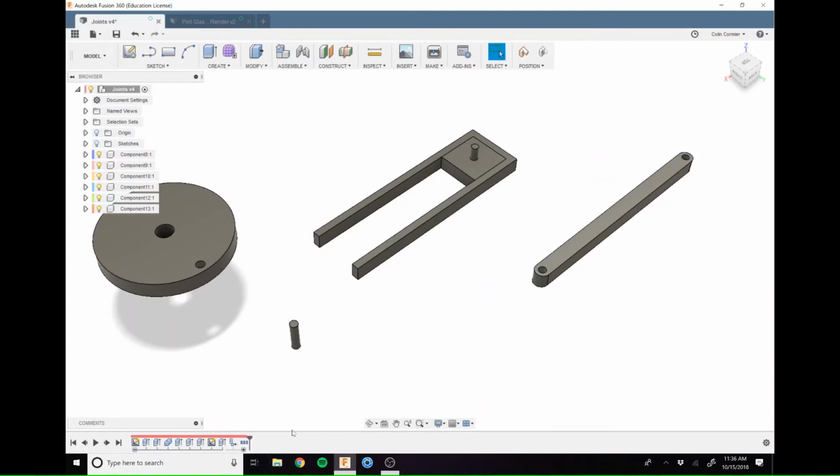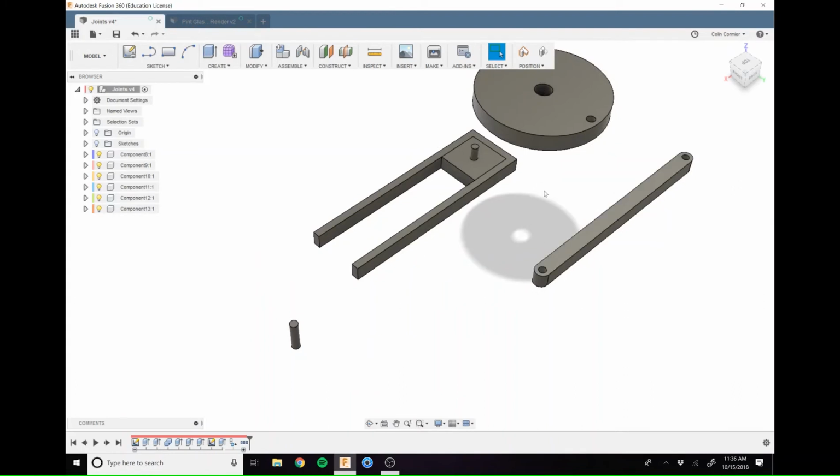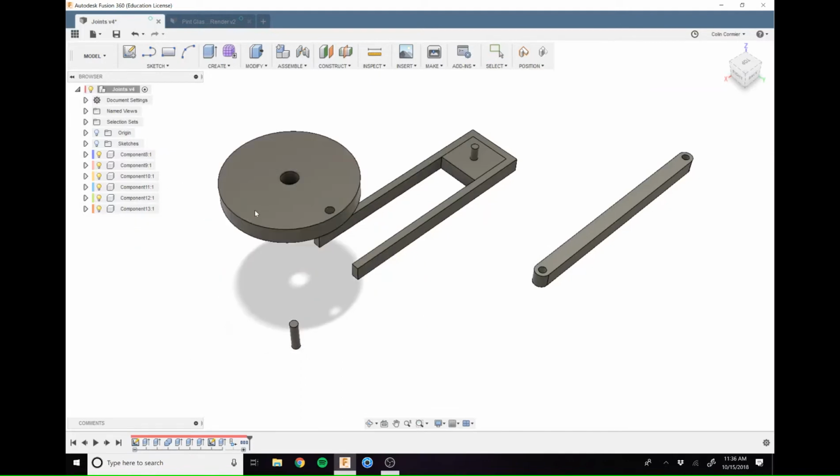It does not leave a marker in my timeline. So if I'm relying on this component to be in a specific place and I start just clicking and moving stuff around, this can cause you problems. On the flip side, because we have all components now and we're able to move these around in our space,